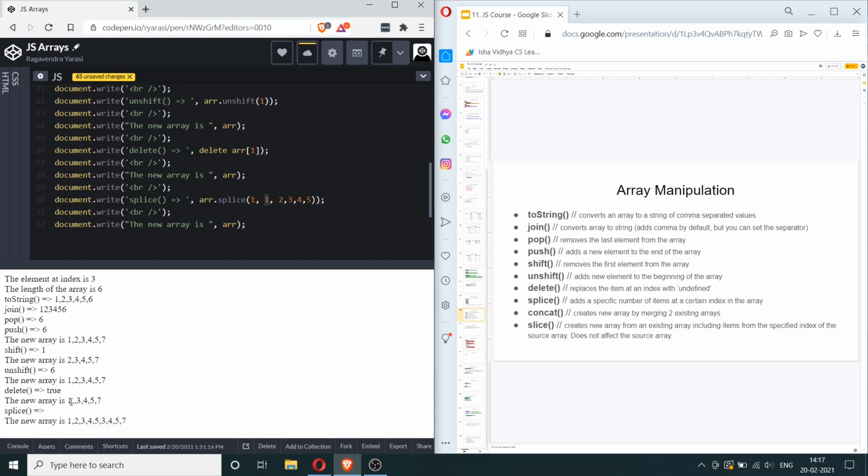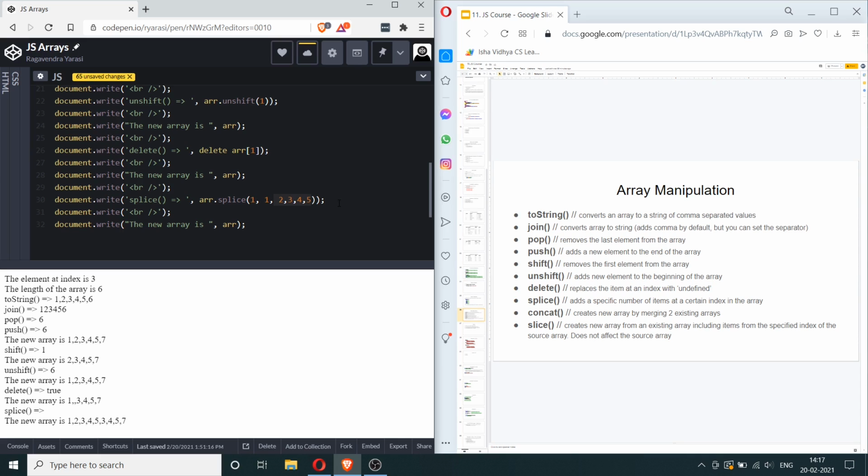Okay, so you can see here that at index 1 we had this blank element that has been removed, and after that was removed we had 1, 3, 4, 5, 7. Now this part of the splice method will add all of these items at index 1. So what it has done is at index 1 it has added 2, 3, 4, 5, and then the other elements that were already there are appended at the very end. So this is how the splice method works.